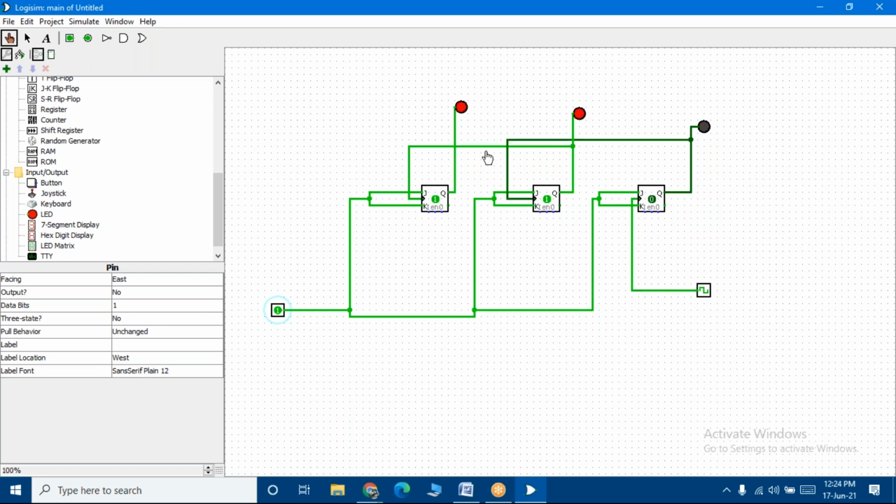Are you able to see the output which is displayed? The same thing you can see in the LEDs glowing according to the combination of our inputs. This is your down counter, which is counting from 7, 6, 5, 4, 3, 2, 1, 0.